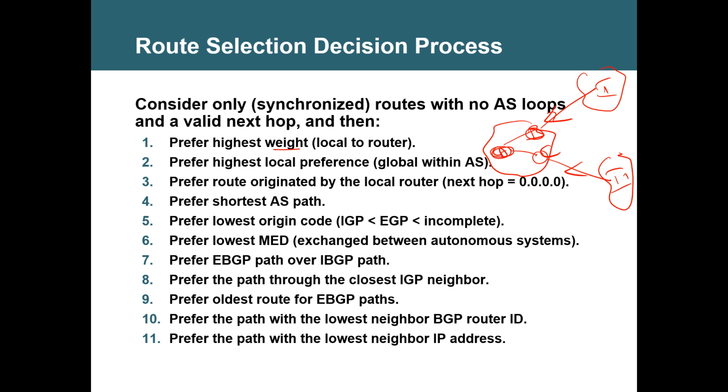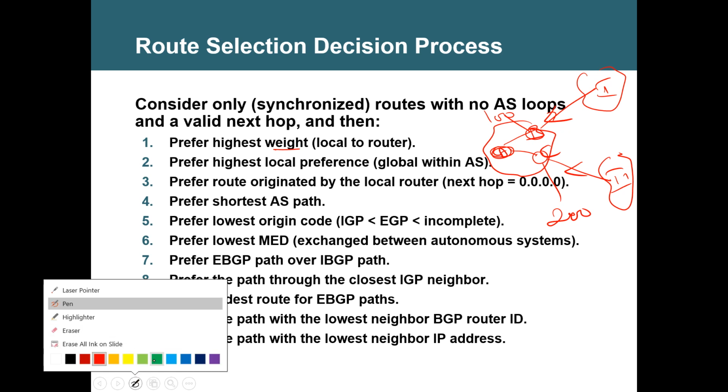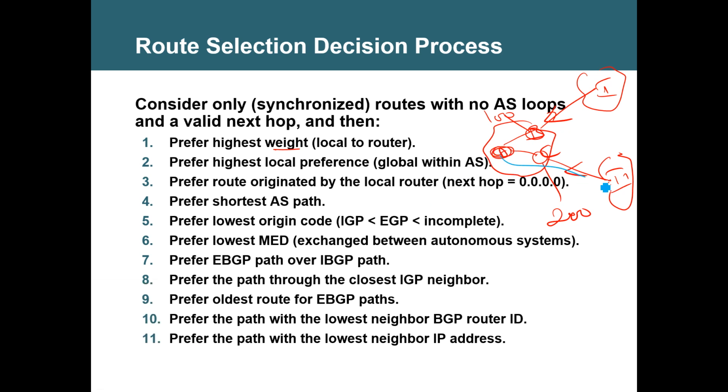When you don't configure weight, it will check whether local preference is configured. If you would have configured 200 local preference here, the default is 100. In this case, the tiebreaker is local preference. All the routers will go this way, even including B. Will go via C to ISP2, not via B to ISP1, but via C to ISP2, because you have configured local preference.